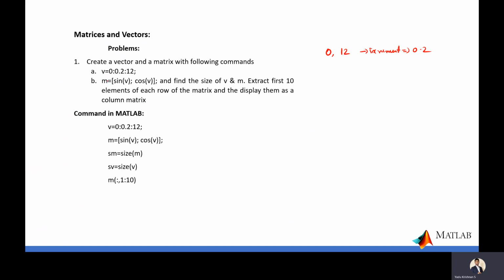And another one you see, m is another matrix having sine of v, cos of v. Okay, we'll see what happens here. And find the size of v and m, extract first elements of each row of matrix and display them as a column matrix. So many things are happening here, right? We will see. First,